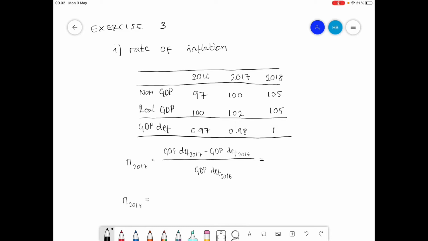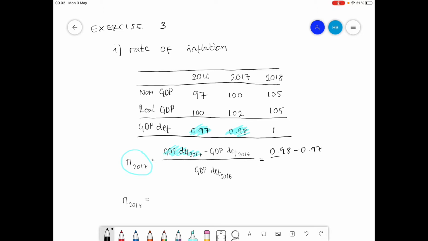So the rate of inflation measures the general price rise in an economy within a given period of time. In this exercise, exercise 3.1, we have to calculate the rate of inflation. In order to calculate the rate of inflation, we have to use the GDP deflator. So when calculating the rate of inflation for 2017, we need the GDP deflator for 2017 and the GDP deflator for 2016. We plug this in, so we have